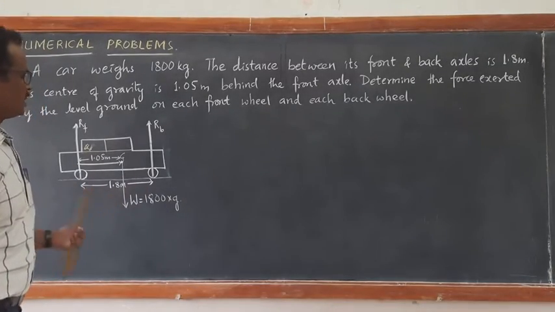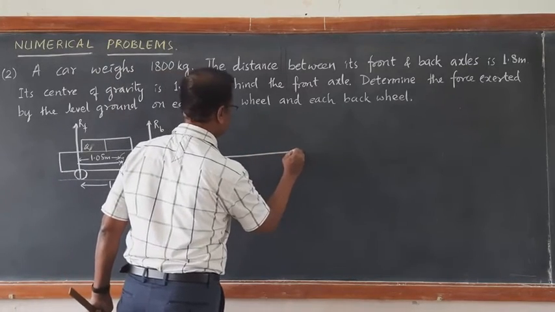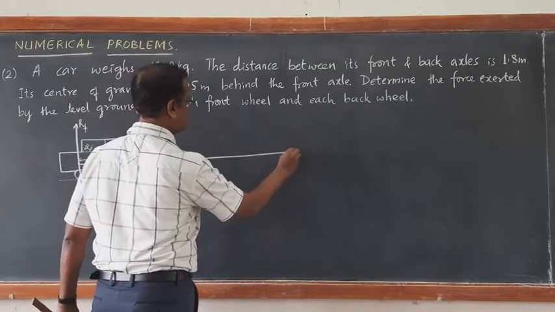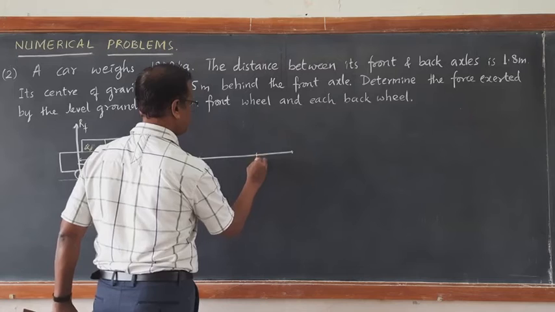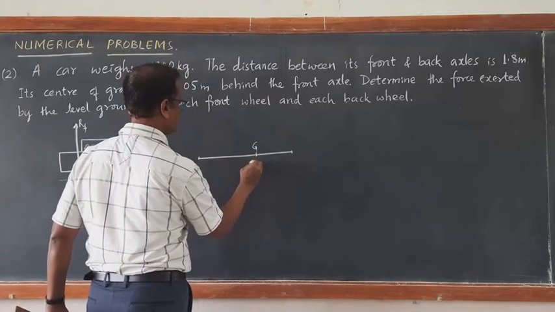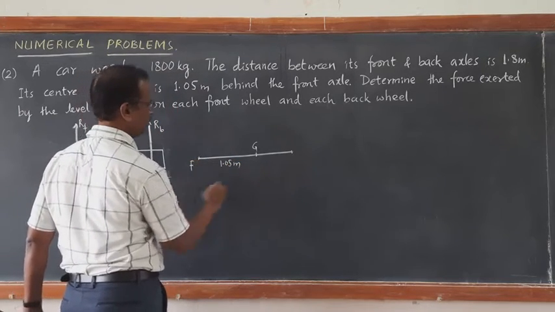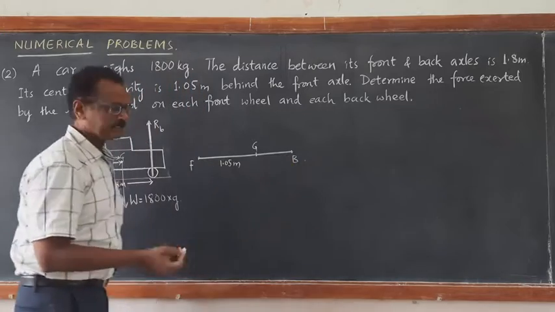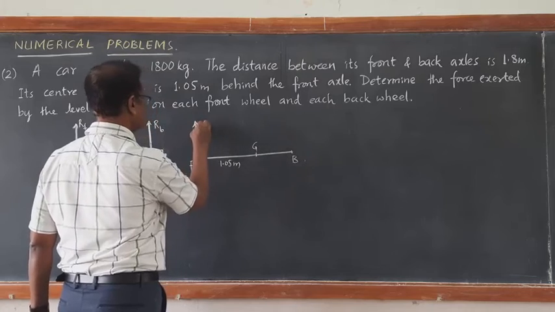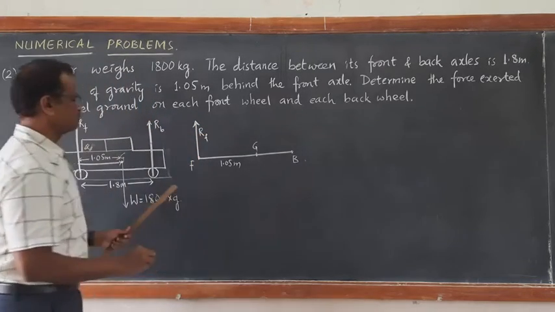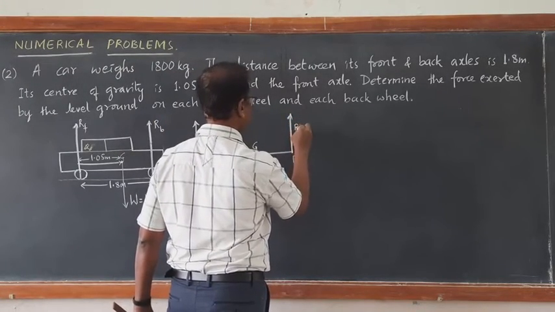Now, I will draw a simple schematic diagram. So this is again the distance between two axes, 1.8, and the center of gravity is at 1.05. This is the G, 1.05 meter from front wheel. This we take as front wheel, this as back wheel. Then the reaction force is vertically upward. This I am calling RF, reaction force on the front wheel, and this I am calling RB, reaction force on the back wheel